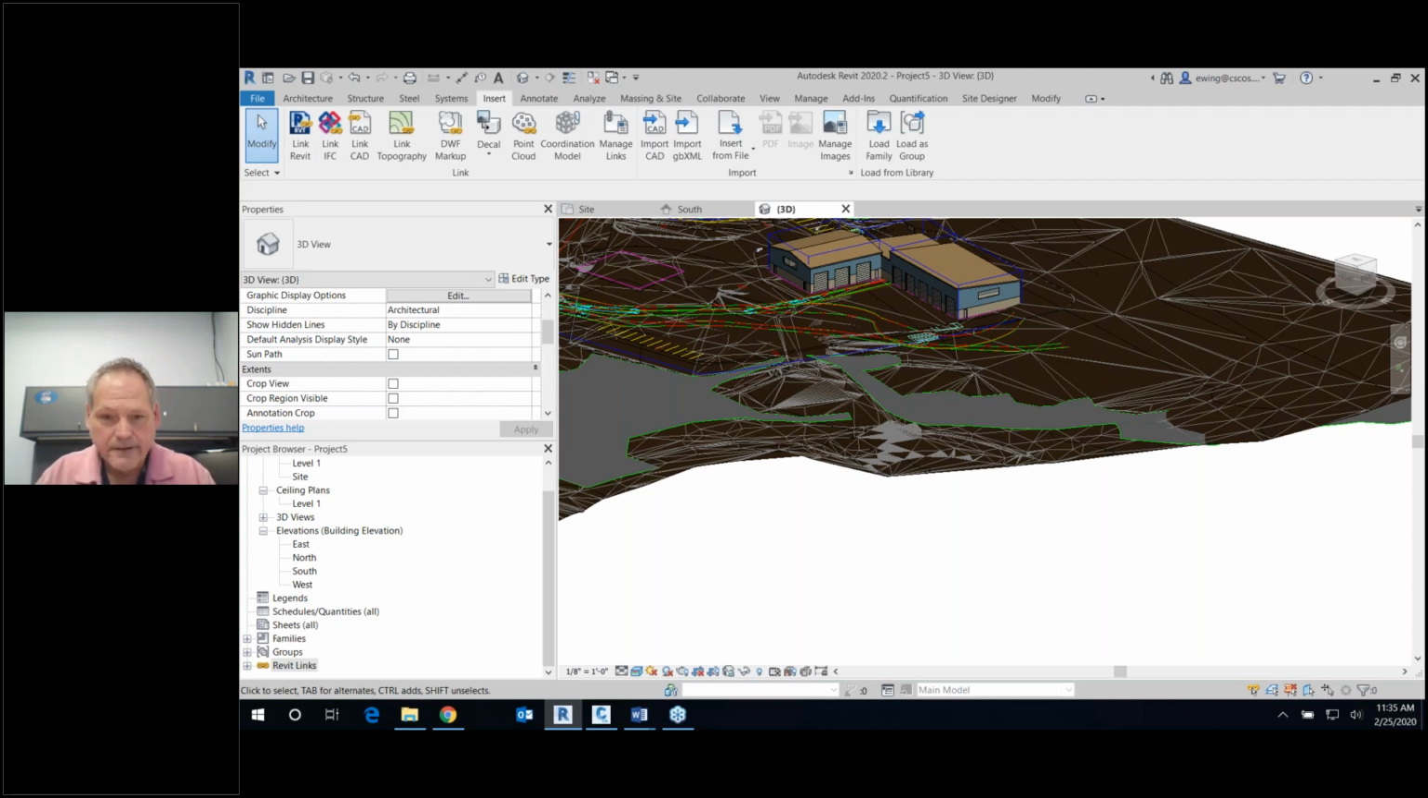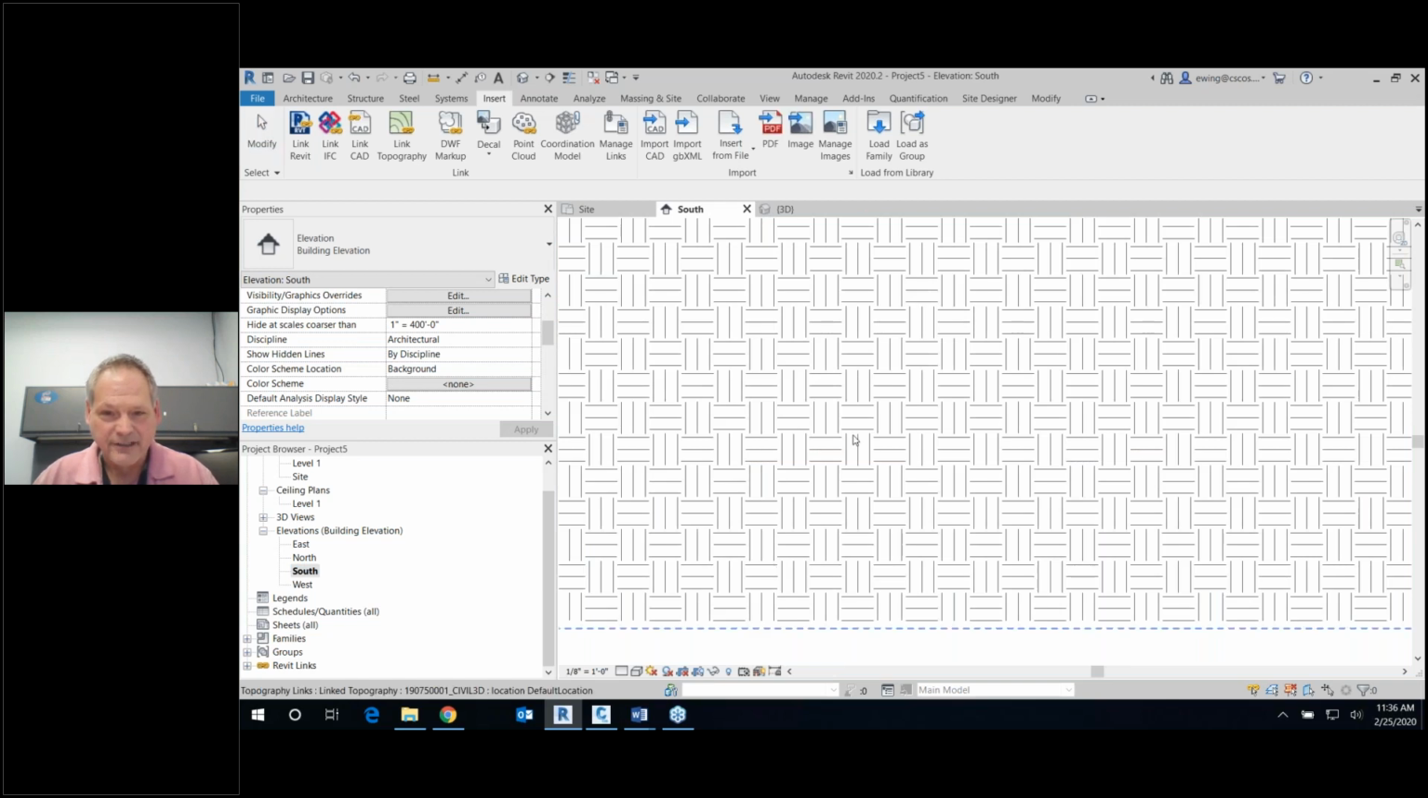So we do have a question coming in from James. He's saying, sorry, I missed it. Did you create the topo mesh from the CAD link and then lower it? Or was the CAD brought in at the correct elevation? The CAD was brought in at the correct elevation. The only problem is if I go back to my south elevation,